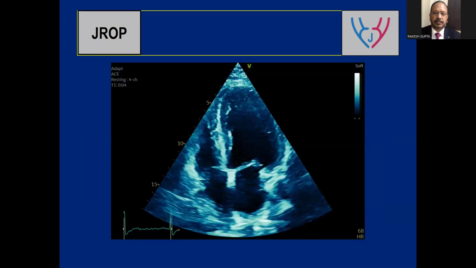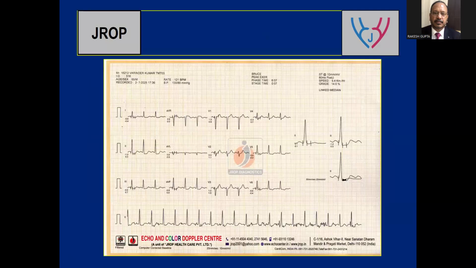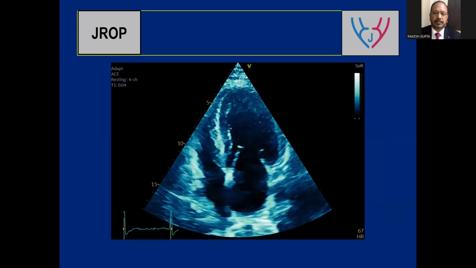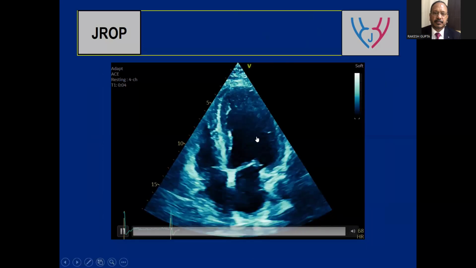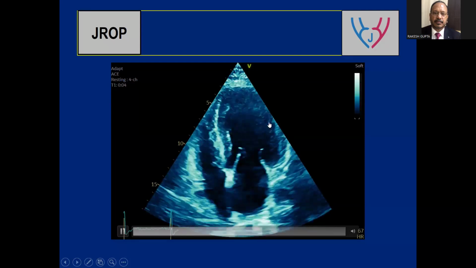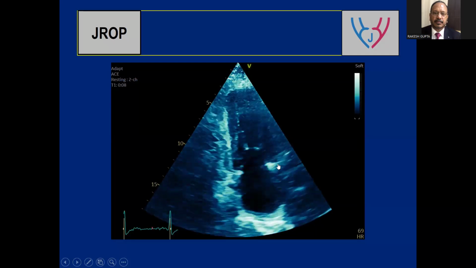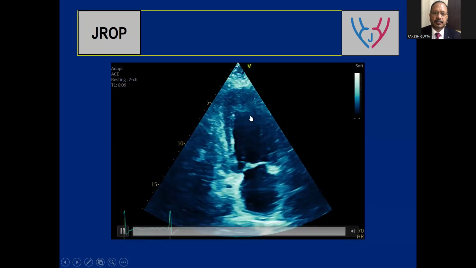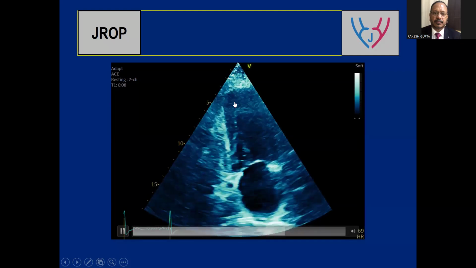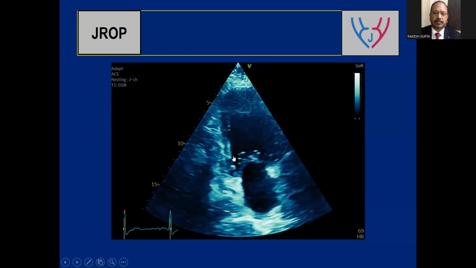Now, another segments. If you look carefully at these wall motion abnormalities, look, the apex is contracting very well, correct? There's something which is lagging behind in this lateral, basal lateral wall. Then my whole anterior wall is contracting very well. How about my apical inferior, mid inferior? But look at the basal inferior segment, which is